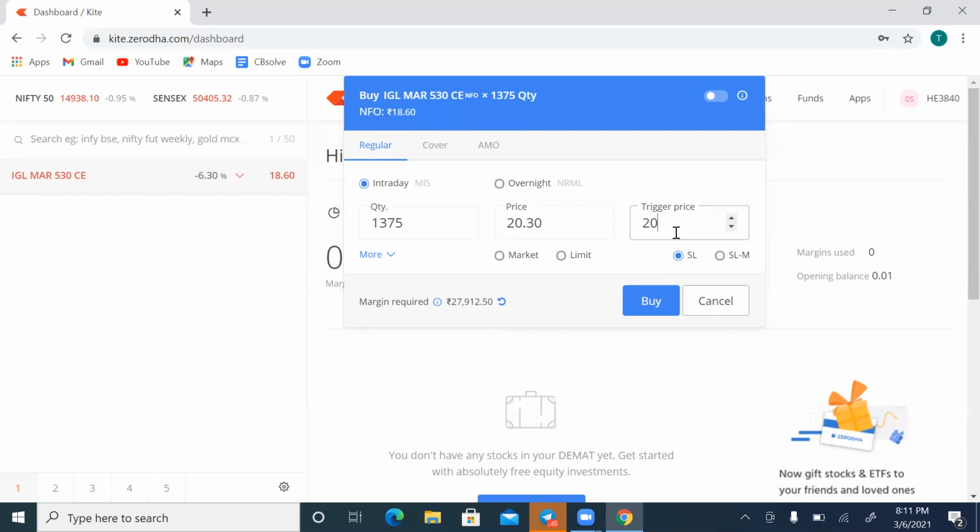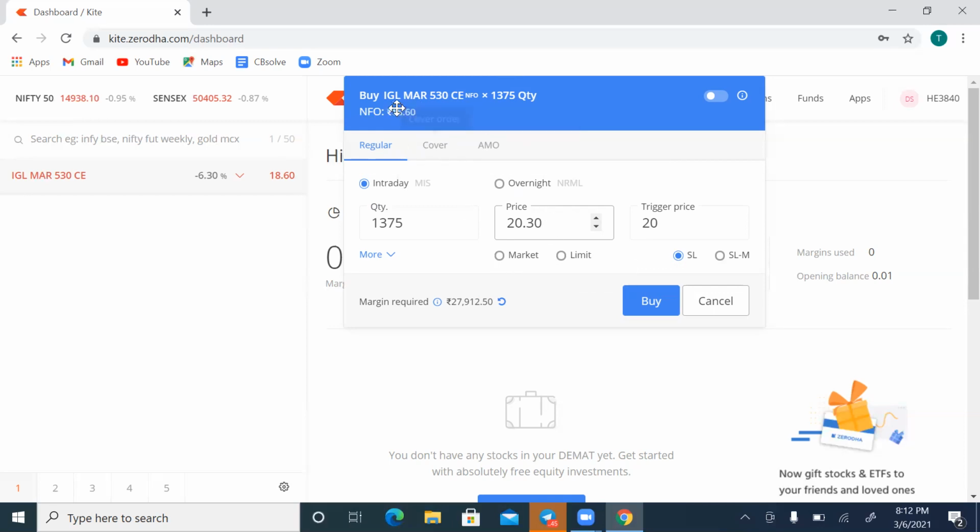There are multiple people placing this order, right? So there could be more people at the same prices. So probably mention at least a 20 to 30 paisa difference, so that you get your trade definitely executed when the stock price comes to 20 and it waits for the next bid, whether it is 20.10 or 20.20, 20.30. Automatically your stock will be executed and you will get this into your account. This is how you have to place the order when you want to place it above your price while buying. It is for a buying option.